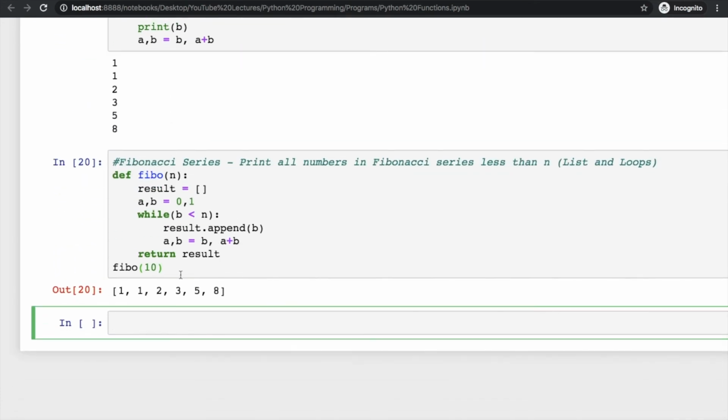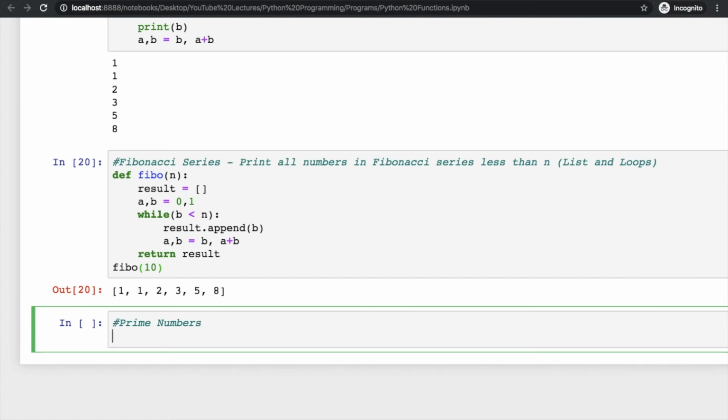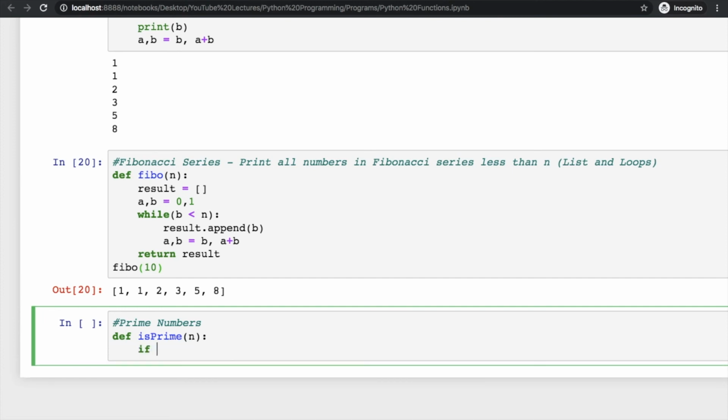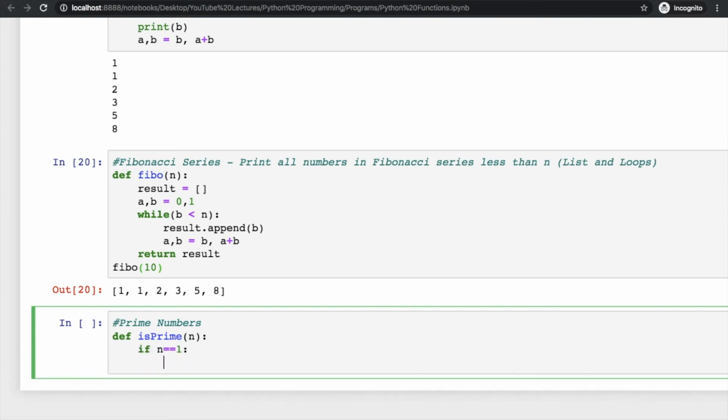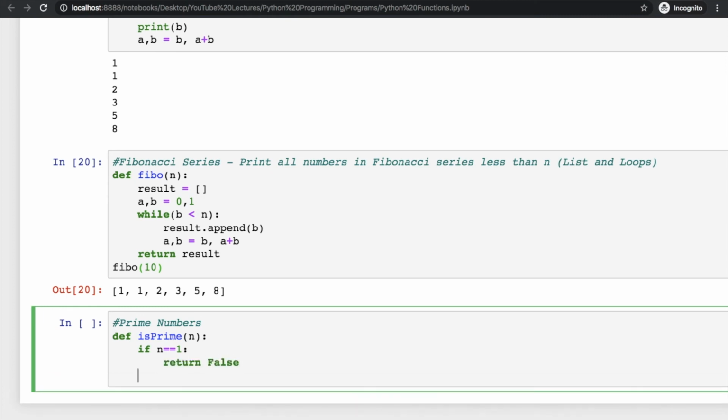Now we can do one more thing. We have another program, and in that we have to print prime numbers. So first try to check whether a number is prime or not. For that, just create a function is_prime. It will take one input n, and we will check whether this number is prime or not. So if number equal to 1, what should it return? Is this number prime or not? This number is not prime, so it should return false, right?